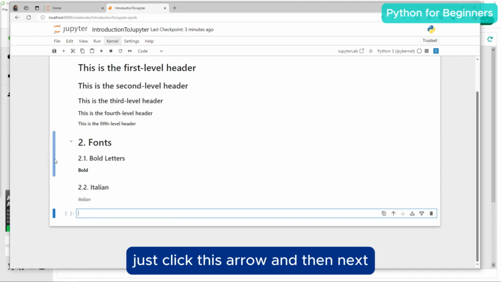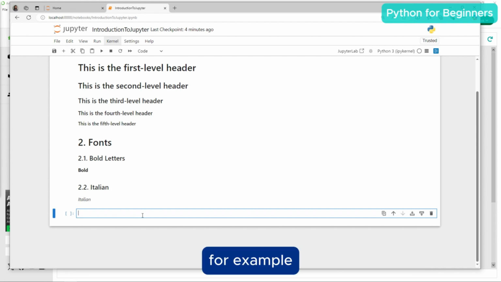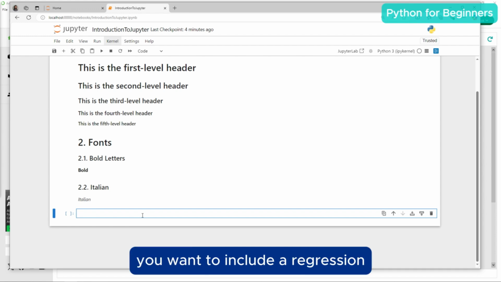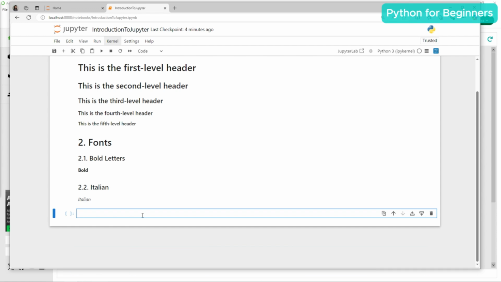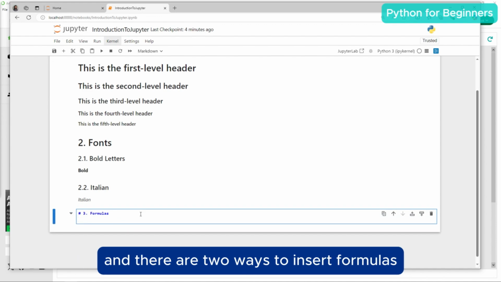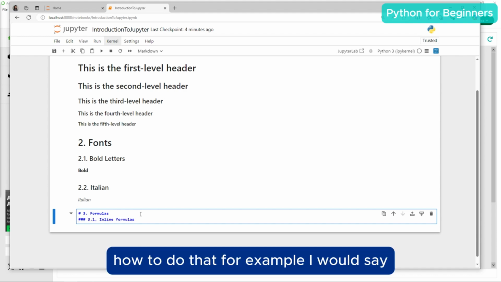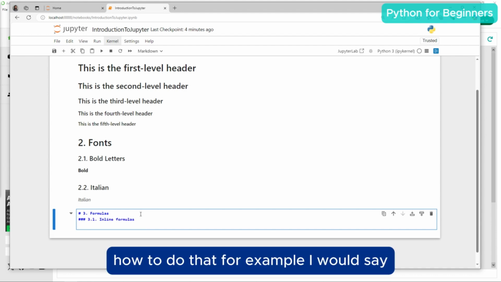And then next, sometimes you want to include some formulas into your report. For example, you want to include a regression formula into your report. You can do the following. There are 2 ways to insert formulas. One way is called inline formulas. How to do that? For example, I would say